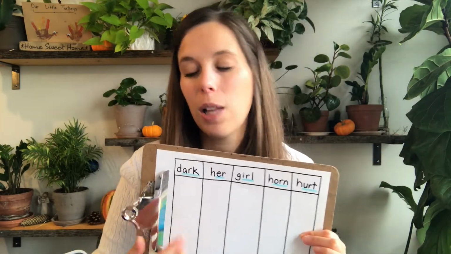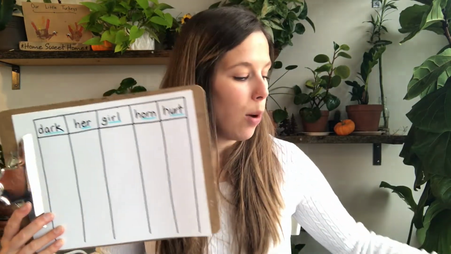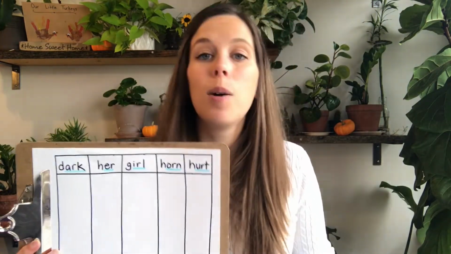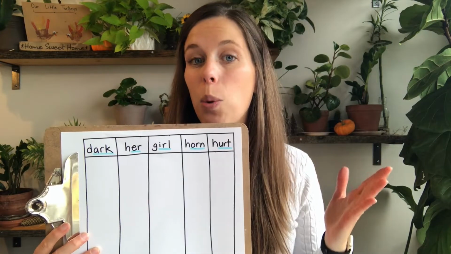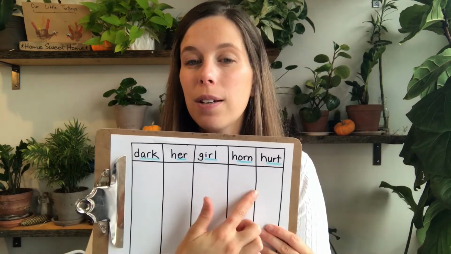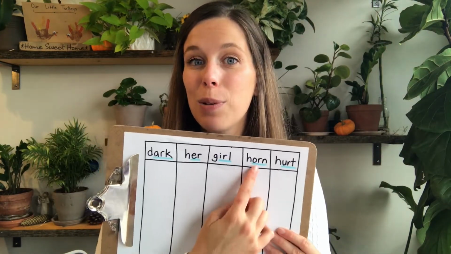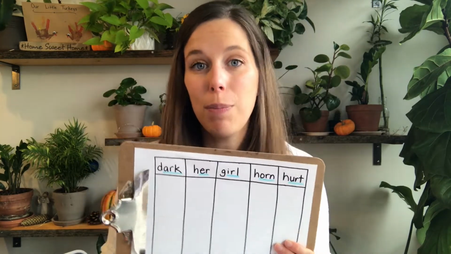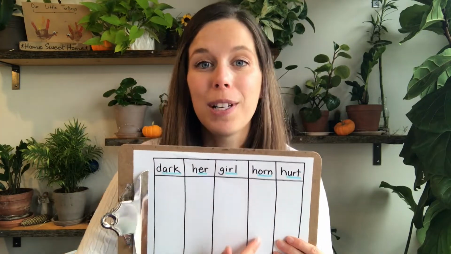So the second stage then is they're listening to a word that the teacher says out loud, and then using their knowledge of what they've heard and their chart, they need to spell the word in the correct column. So for example, a word that I might say out loud is born. Born. So using the words here, they have to figure out that born sounds like horn, and if they get rid of the H and replace it with a B, born belongs in this column.